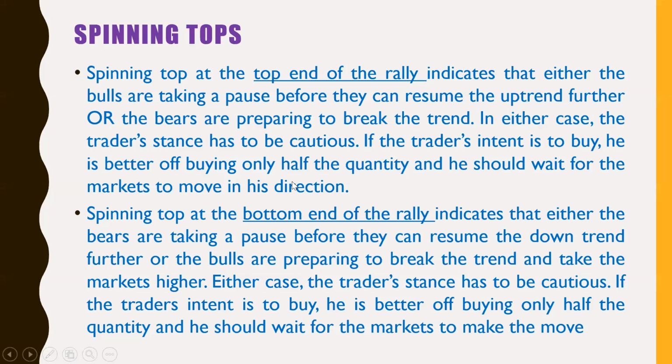And the same goes in reverse. A spinning top at the bottom end of the rally means that a stock is already in a downtrend and has reached some bottom, and if you see a spinning top at the bottom, then there is a good chance it indicates either the bears are taking a pause before they resume the downtrend further, or the bulls are preparing to break the trend and take the market higher. In either case, the trader